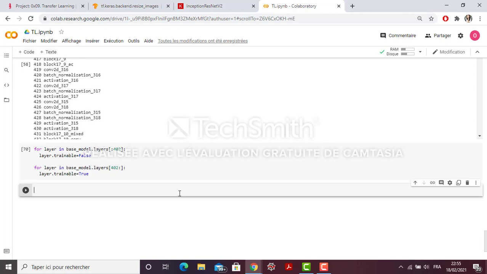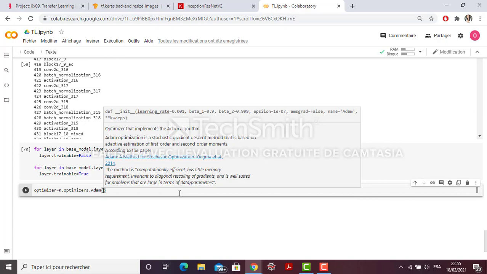Okay, now after freezing and unfreezing the specific layers, we need to recompile the model for these modifications to take effect. Okay, so we are going to recompile our model. So the model will take into consideration the layers that are unfrozen. Okay, so for this I'm going to choose an optimizer equals to Adam, but this time I'm going to choose a very low learning rate.